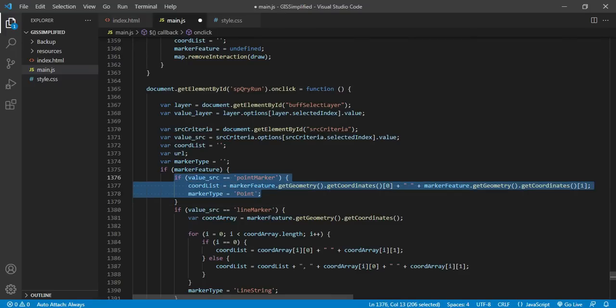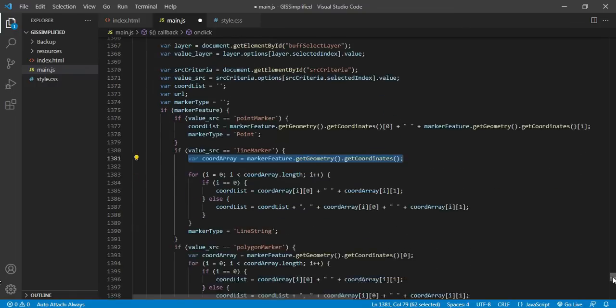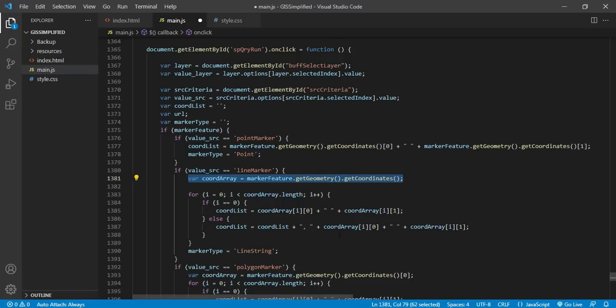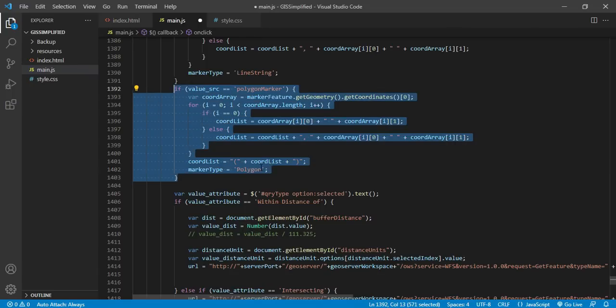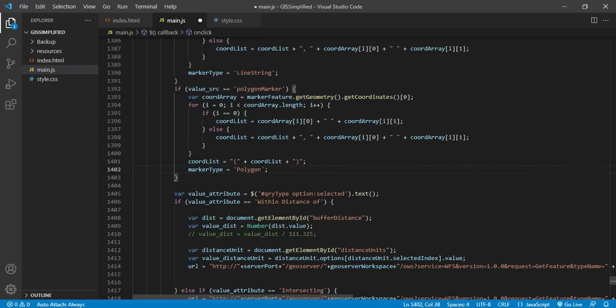And if it is a point marker, then I allow only one click to the user, and then I get the latitude longitude coordinate of that point marker. If it is a line, then I have to take a series of points. So you can see over here I have made a coordinate list, COORD list, and in that I am capturing all the coordinates which the user is entering to mark the line marker. Similarly for polygon marker, again I am defining a coordinate list and I am capturing all the coordinates of a polygon which has been digitized, which has been drawn by the user on the map as a polygon marker. So I am preparing basically a coordinate list based on the user input.